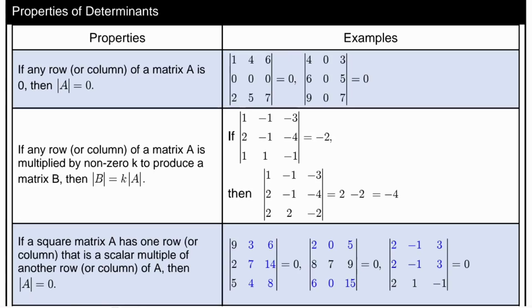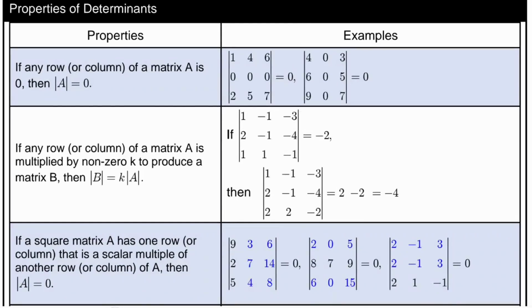The first property is, if any row or column of a matrix A is 0, then automatically the determinant of A equals 0, without using the expansion of a row or column. That means you don't have to find the entries multiplied with the cofactor. You can directly write down the answer for the